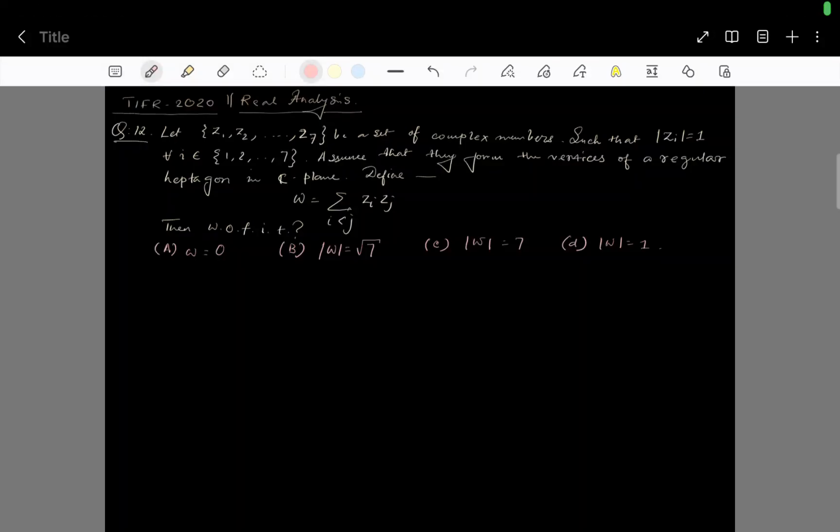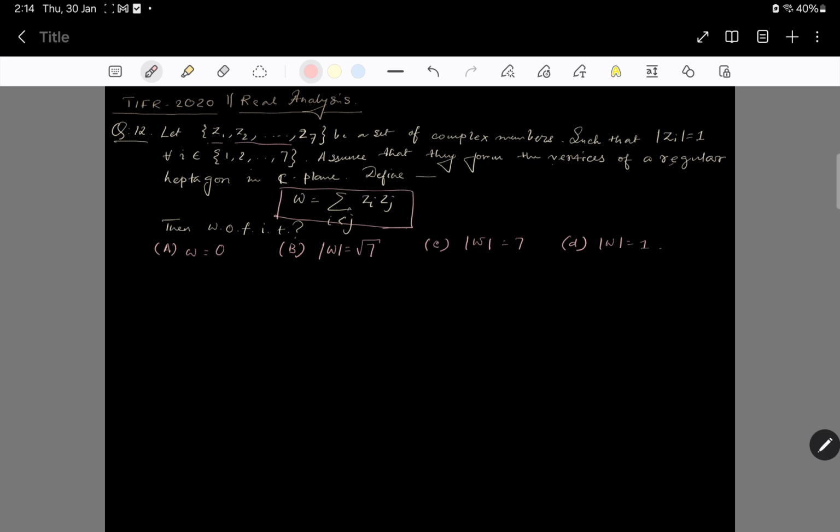Hello everyone. Today we are going to discuss a nice problem from TIFR 2020, a complex number problem. It is problem number 12, which says you're given a set z1, z2, ..., z7 of complex numbers such that the modulus of each complex number is 1, that is, they have unit modulus. Then assume that they form the vertices of a regular heptagon in the complex plane, and something has been provided here, that is, this w, where w equals the summation